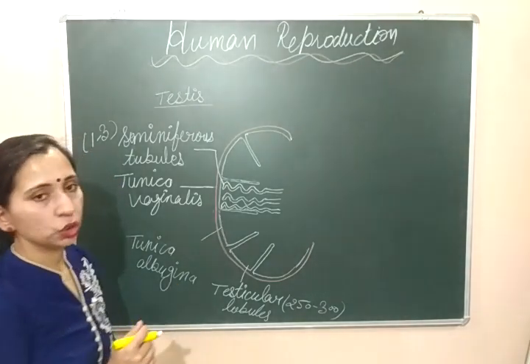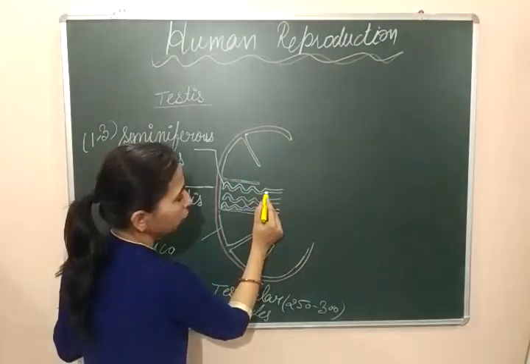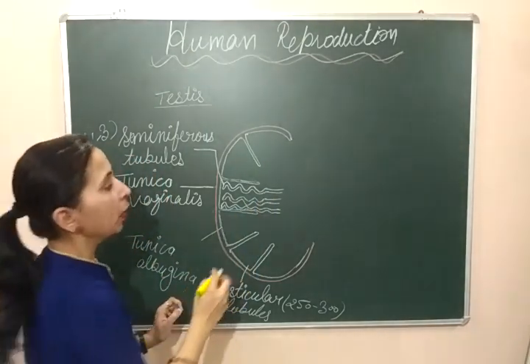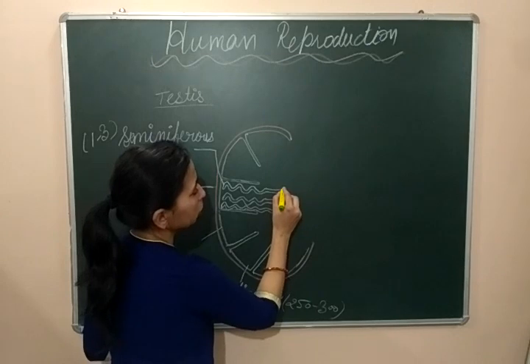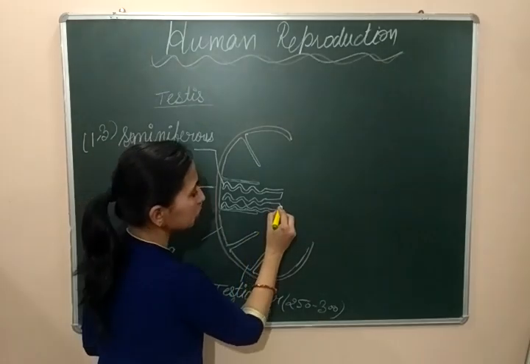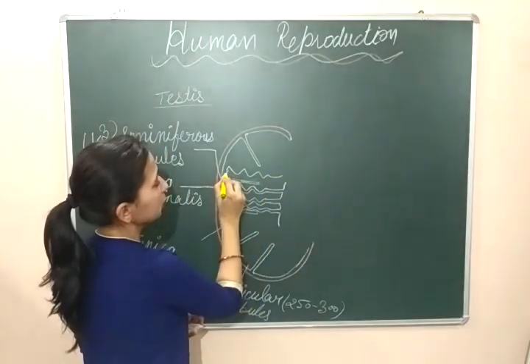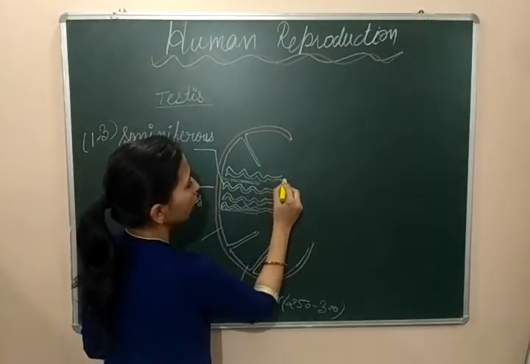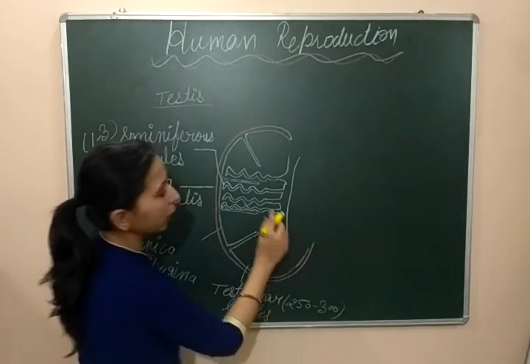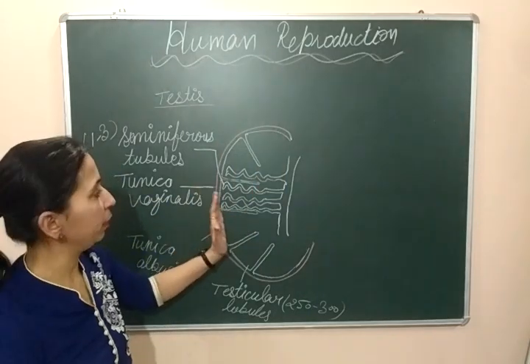So these seminiferous tubules are a very important part of the testis. In all lobules, the seminiferous tubules are convoluted at their beginning and later on become straight. At the end, at this structure, these seminiferous tubules get joined with each other and form a network-like structure. So we have to draw some here also. We can see what kind of network is forming here. This kind of network is forming. All the seminiferous tubules are joining at their end parts.